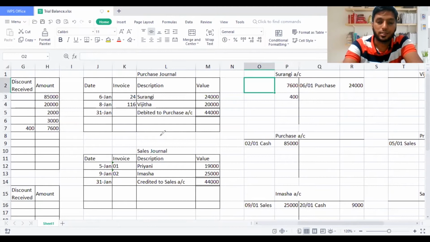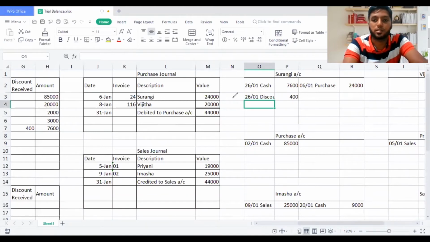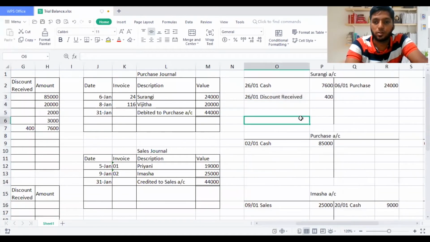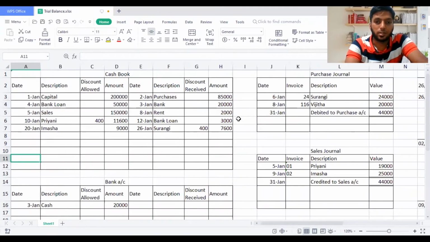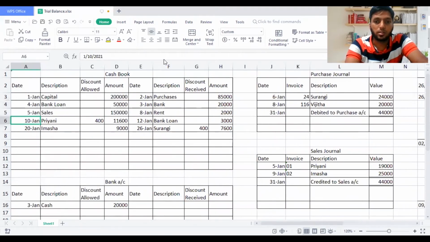Here on the debit side, I'll record it as cash because that's the date we are making the cash payment. And also we are receiving a discount, so I'll record it here. I will write the entire term because I don't want you guys to lose marks on your paper. Some students follow that because I'm not writing the entire term, and you will do the same thing. So don't be lazy, write the entire thing, guys. So I credited the cash book and debited Surangi's account. Then we move on to the next adjustment.